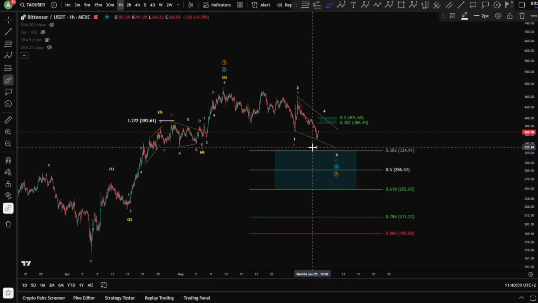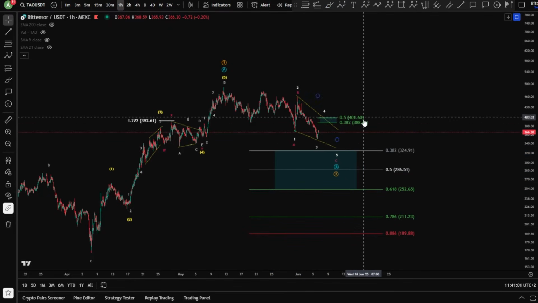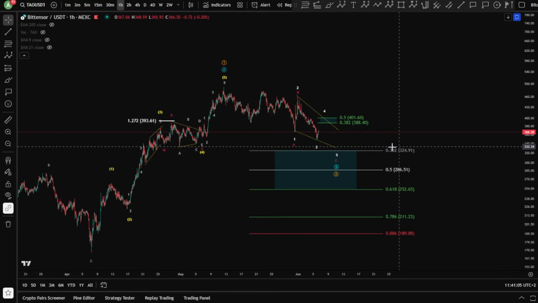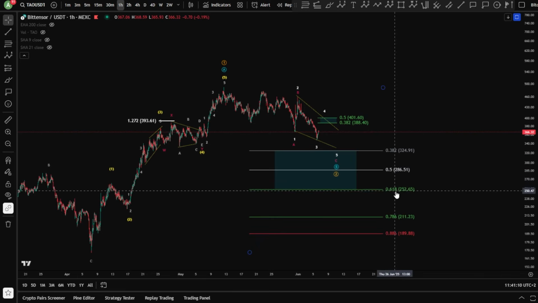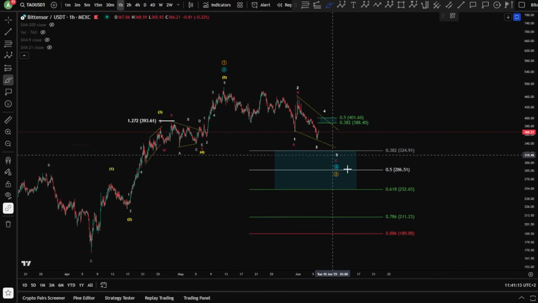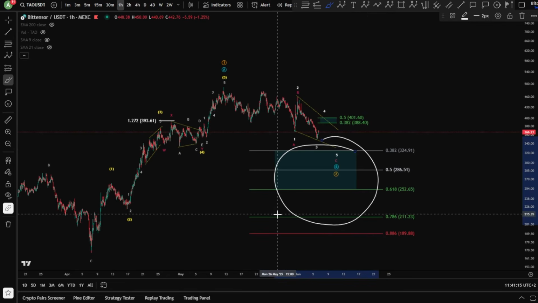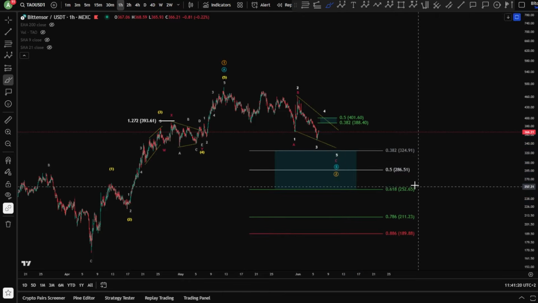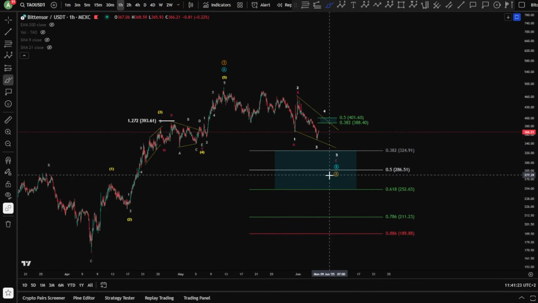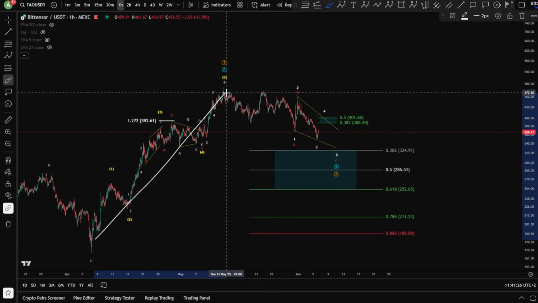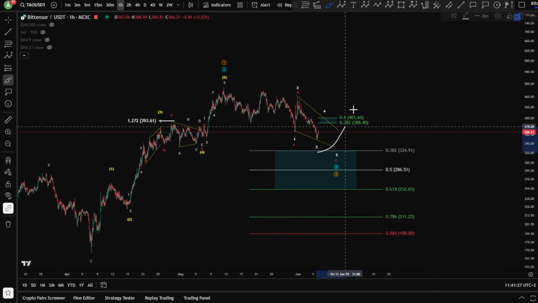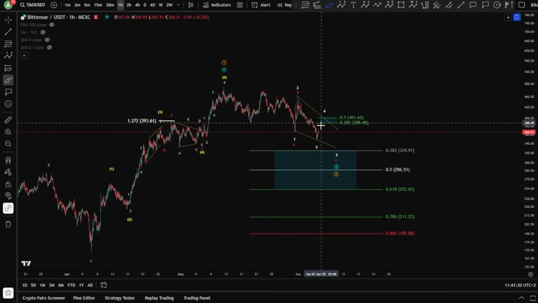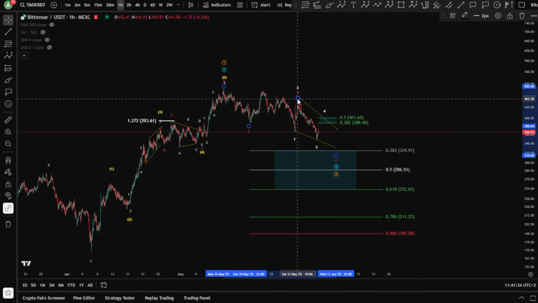I believe that this blue box has to be taken sooner or later, whether with a 0.38 or with a 0.5 or a little bit deeper. It doesn't matter. Basically, all of this can be a wave 2 in this area, whatever is going to happen here. Even the wave 2 can reach the perfect fib level for a 0.618. However, TAO is showing a lot of strength, and I believe it still can move toward the upside from the 0.38. Mentioning that,